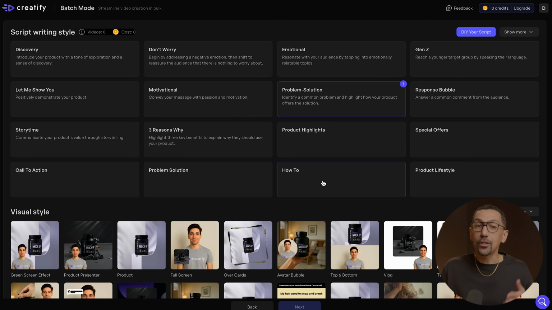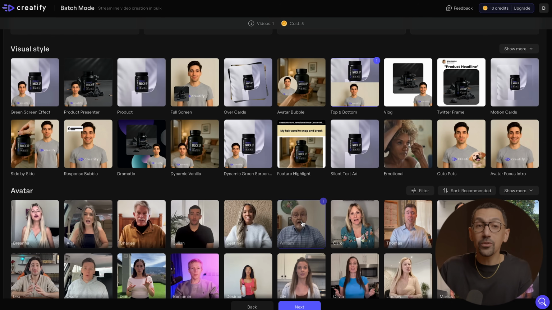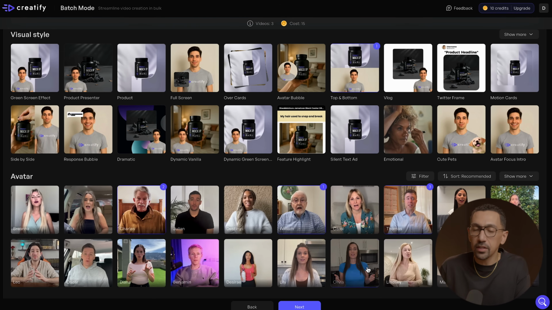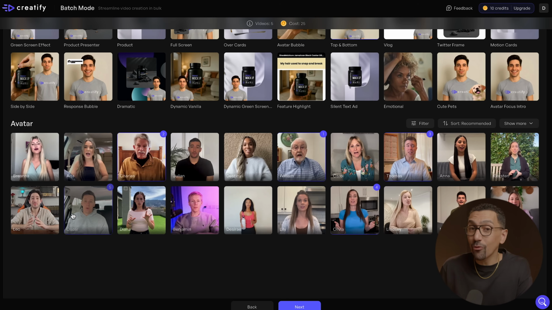Well, in Creatify, you can use batch mode to generate all 5 variations simultaneously. Different opening lines, if you want to do different avatars, different CTAs, and have them ready in minutes. And if you want to make even more formats, you could do that as well. So you could iterate on hooks, you could iterate on variations, you could iterate on size, and you could do